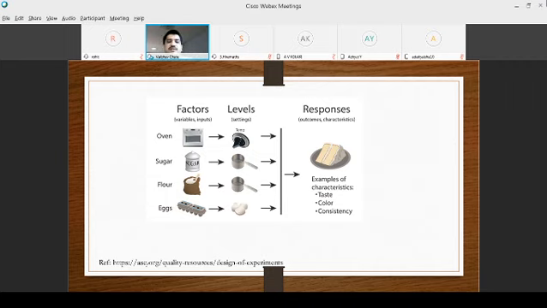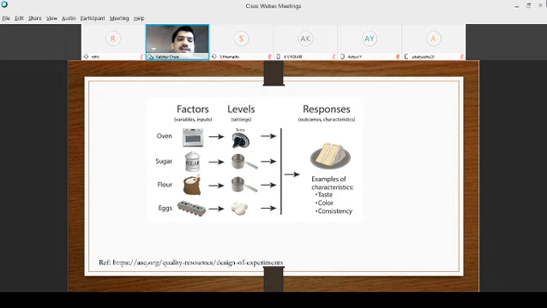Let me take the example of preparation of cake. When you are going for preparation of the cake, it might be with respect to the taste of the cake, color, consistency. So we are going to make use of oven, sugar, flour, eggs. So these are what? Factors. This oven, it can be varied. The oven temperature can be varied at various levels. That means it is a setting value. That means it is a level.